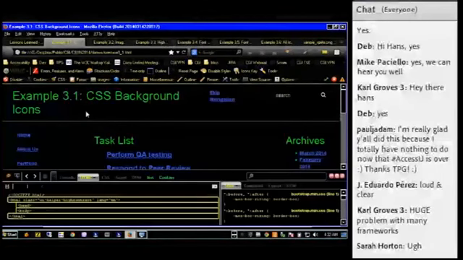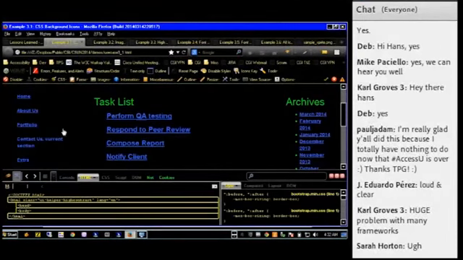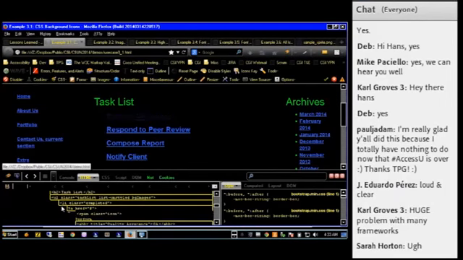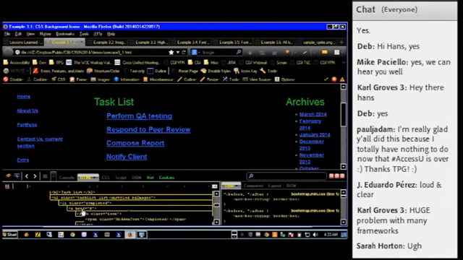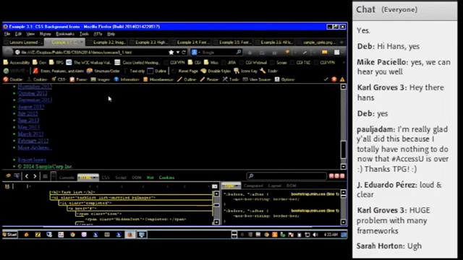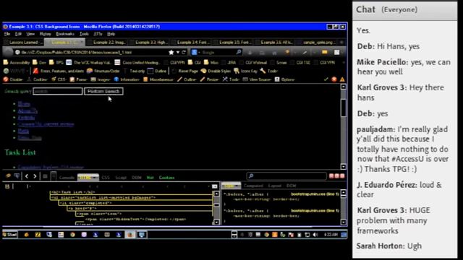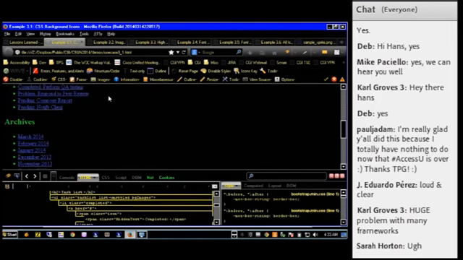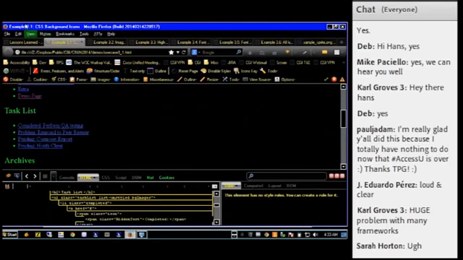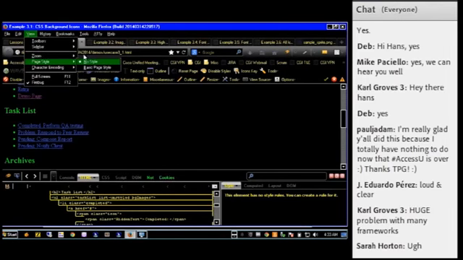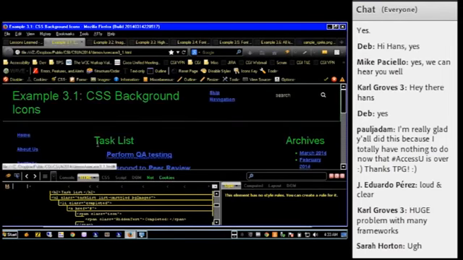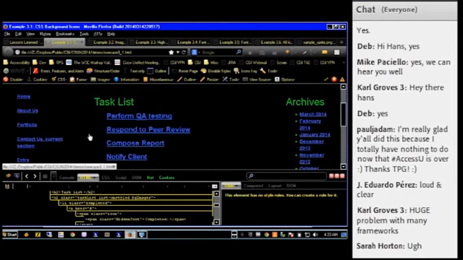I'll show you what that script looks like for those of you who are interested in it. It's basically something that adds to the jQuery object, for those of you who know jQuery, and it does a bunch of checks. It creates a little hidden div element when the page loads, and then it applies some styles to that div element, like a background color and a background image. Then when the page is loaded, it will check if those properties are still there or if they have been changed in the meantime.